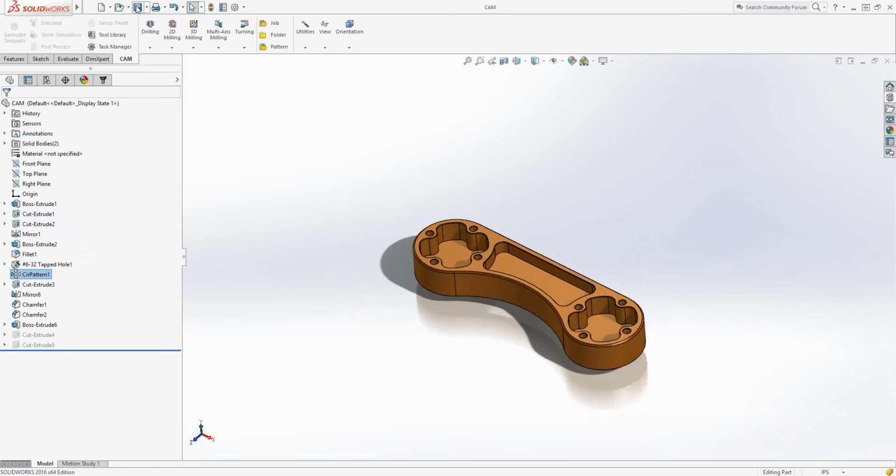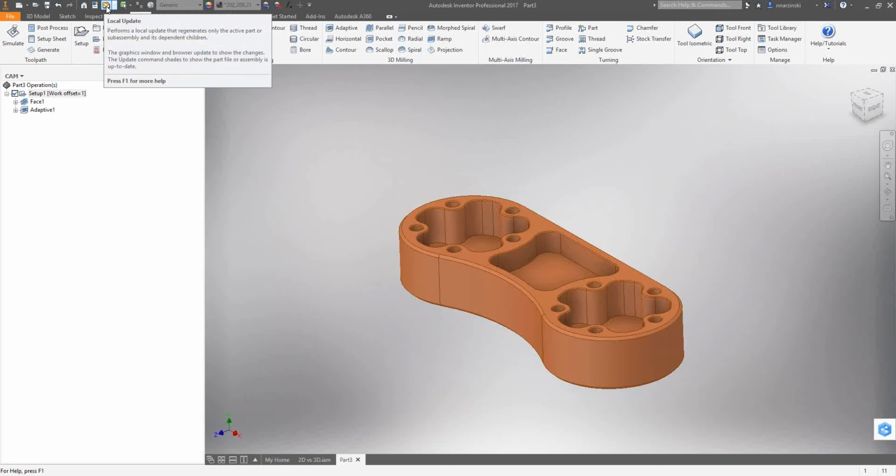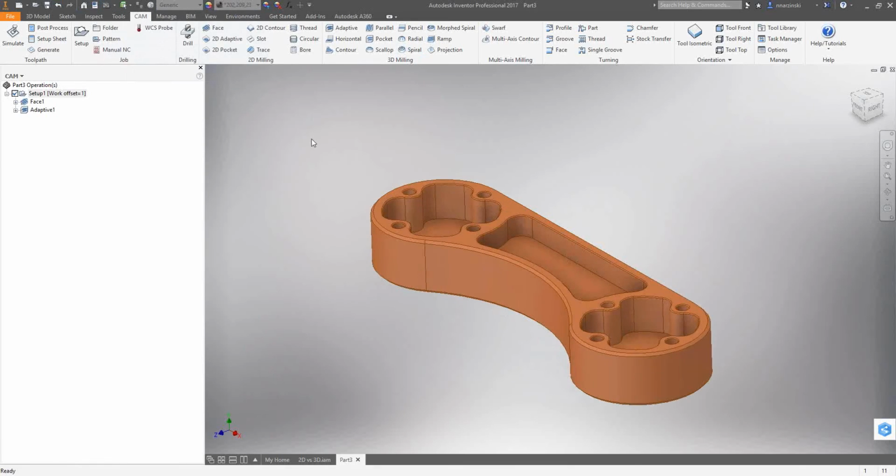We're just going to save that, jump back into Inventor. Initially it looks the same, but what has changed, and you may not have noticed it, is this little button up here for local update, which is now highlighted. Before it was grayed out, kind of like this forward button is right now. Since this has a local update, we're just going to select that. You see the part grew and our number of holes changed,